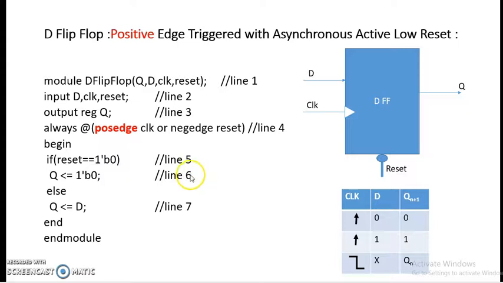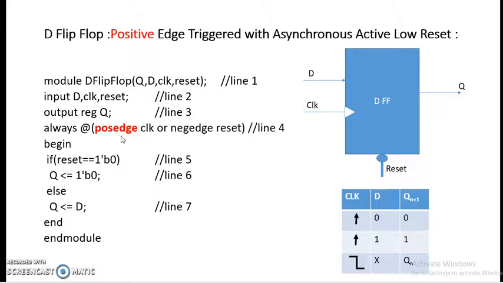So now try to understand this code. Here we have to focus on two things. One is the always block and what are the signals that we have to pass in the sensitivity list. So what is the always block? This is the always block, and the always block has just one if else statement over here. And I think the code is clear over here. There's nothing much to explain.